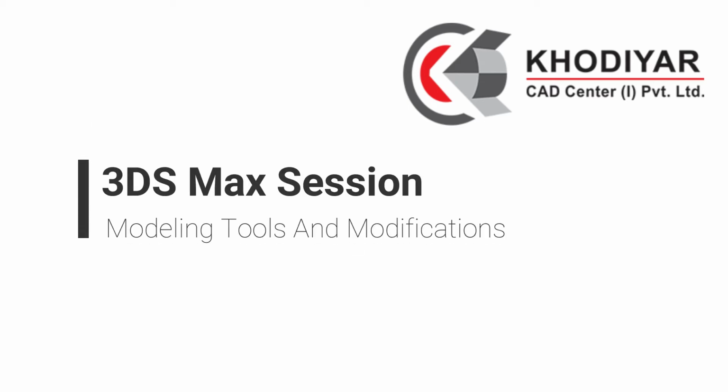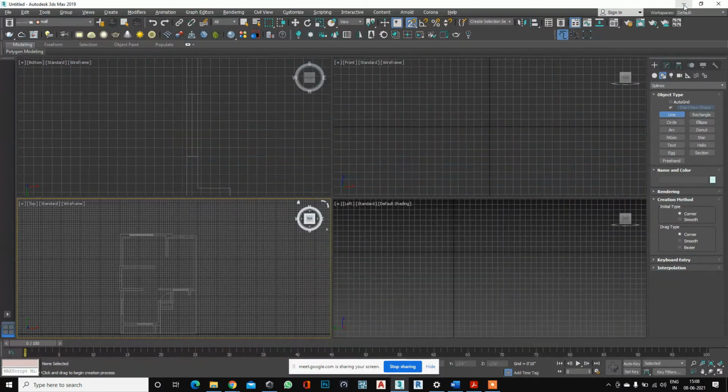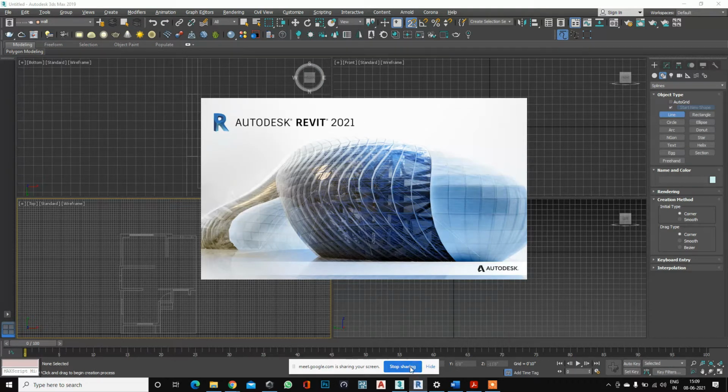Okay, so today we are seeing 3ds Max. Okay, so first, the difference between 3ds Max and Revit. So first difference, in Revit, let me open the Revit first.